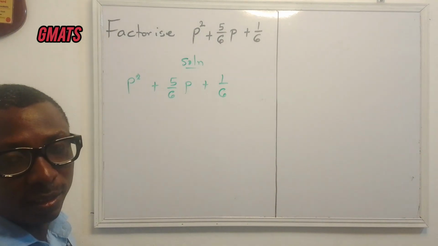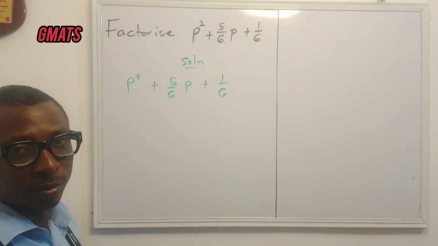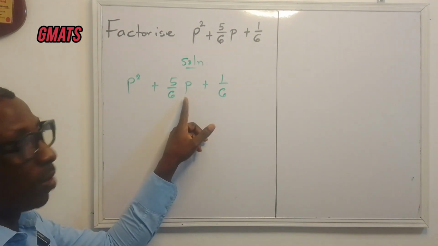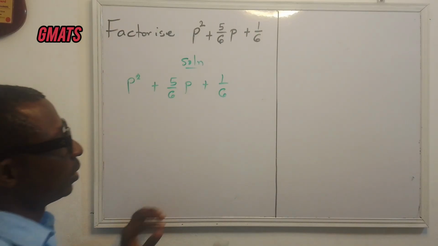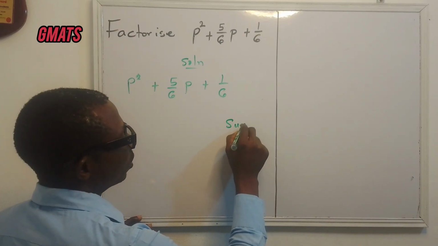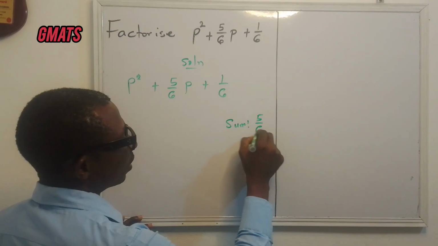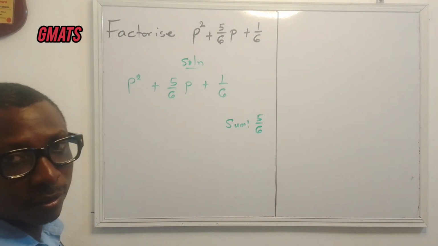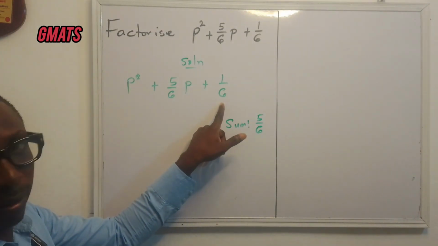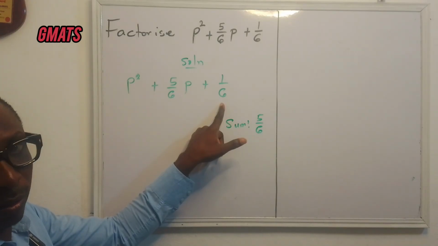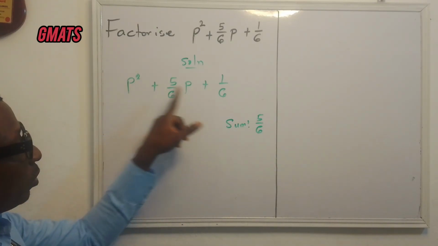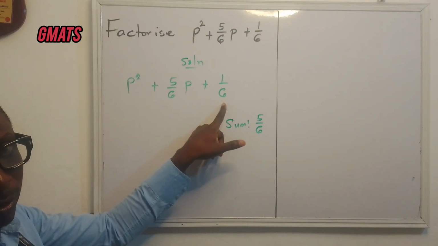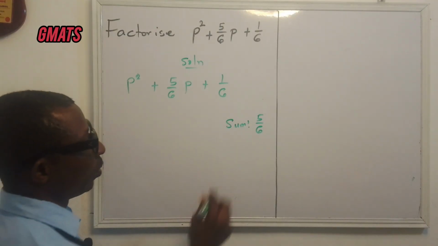The first thing is to identify the sum and product. The sum is the coefficient of p, that is the number beside p. So the sum is 5 over 6. And then the product is the number independent of p, or if we have any number here, the coefficient here is 1, so use it to multiply what we have here. That's 1 over 6. So now the product is